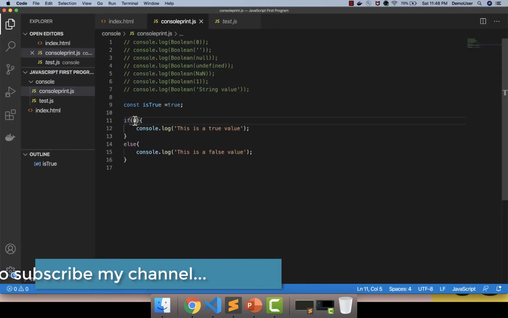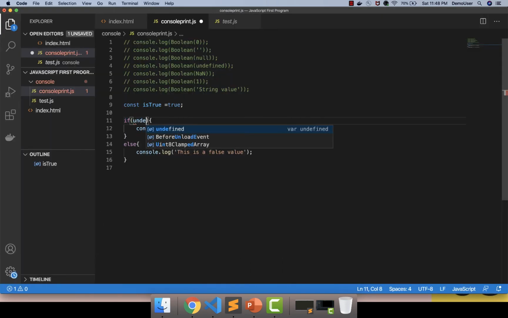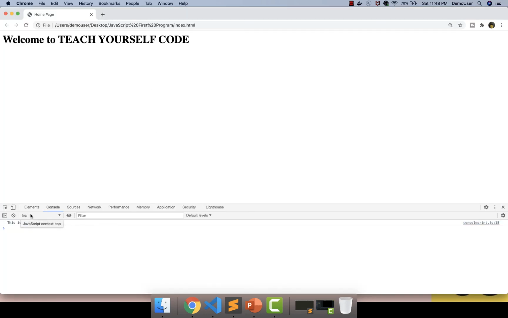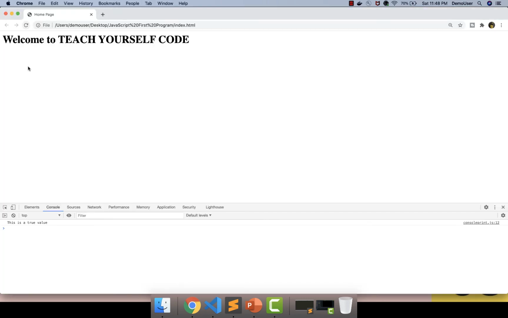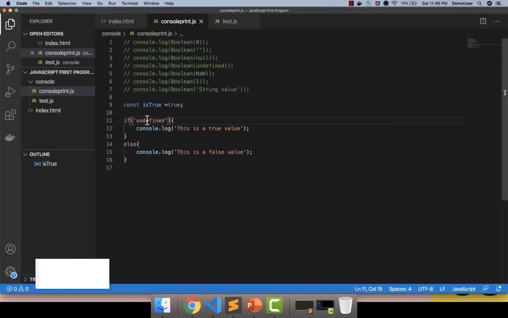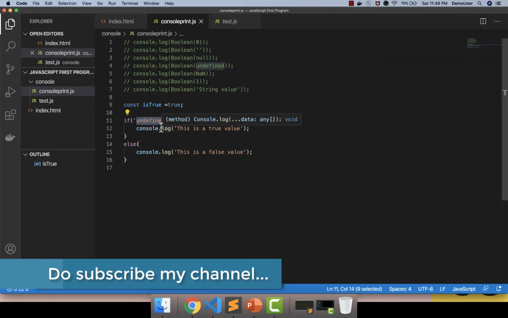So this is an example of how exactly we use it. If I give undefined over here again, and if I refresh it, you can see it's coming as false again. Anything else? If I give, let's say, a string, let's say this is a string itself. I refresh it again, go back here. You can see it's coming as true because the conversion of this to Boolean is true. So that's going into the first branch.